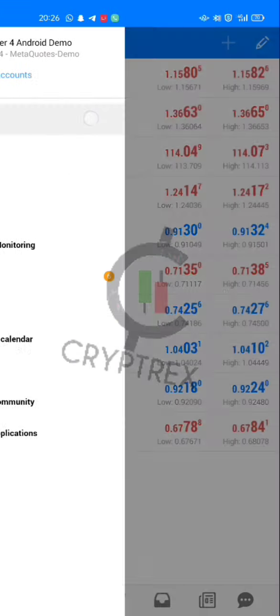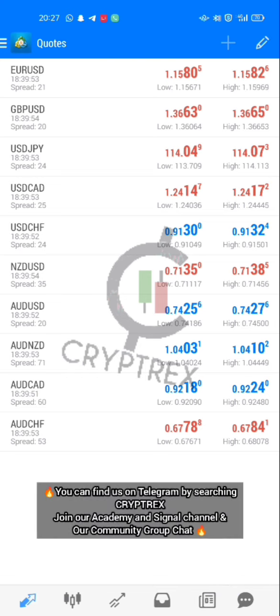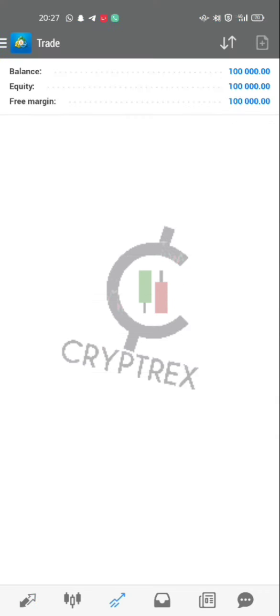Then we can come here to our screen. At the bottom of the screen, you can see that all the navigations of the app are at the bottom of the screen. And this first place here is what we call the quotes side. What this particular page shows you is every currency pair that you have your eye on, right?